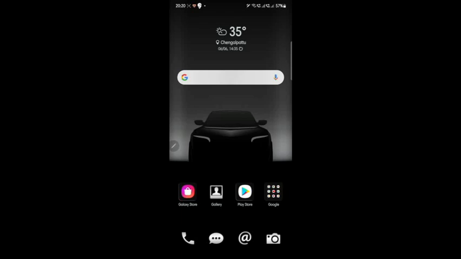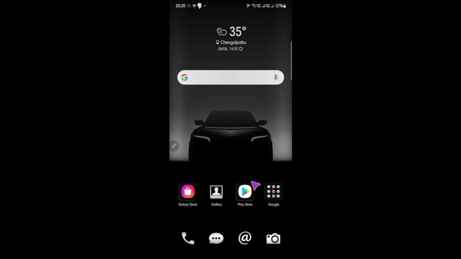If you are using an Android mobile phone, you have to look for Play Store. If you are using an Apple mobile phone, you have to search for the App Store. If you have a different kind of phone, a different operating system, you will have some store like an app store in your mobile phone.